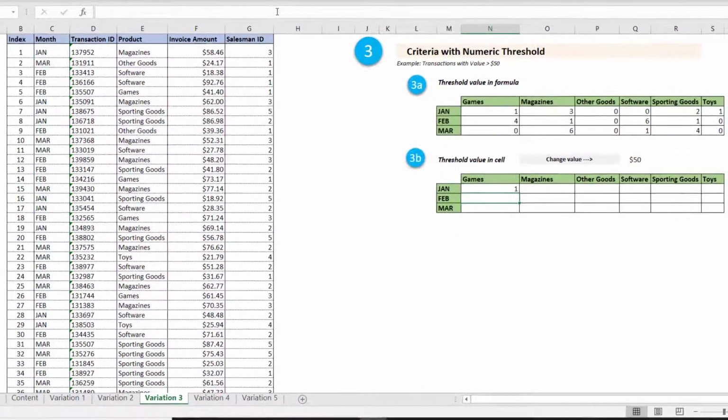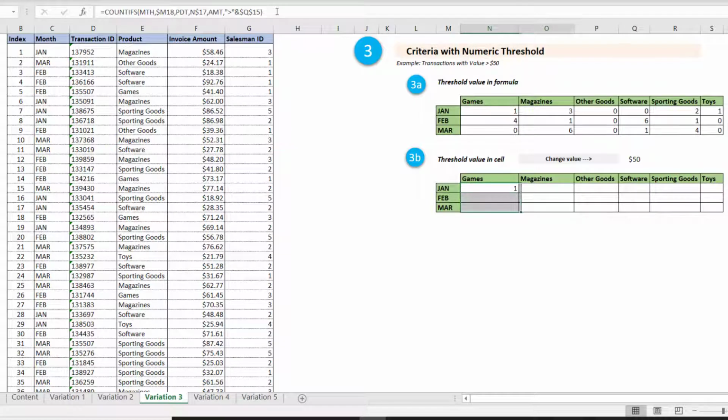Let me hit enter and this gives me 1. And I will now apply this formula on all the selected cells. This again gives me a count of 30 and the numbers in the cells below match the numbers that we have above, which means that the below formula is working the same way as the above one. Just that it is now convenient for us to change this value from, let's say, 50 to let's say 30 and the numbers will automatically refresh. So I'll convert this back to 50.